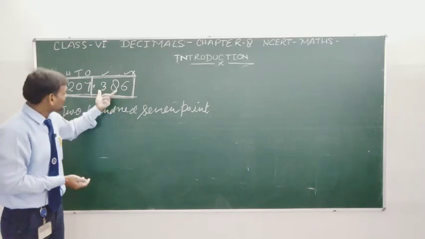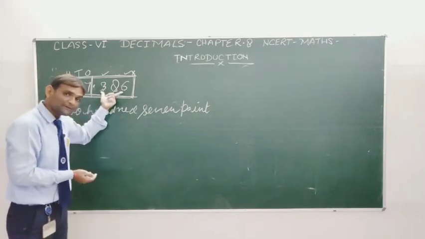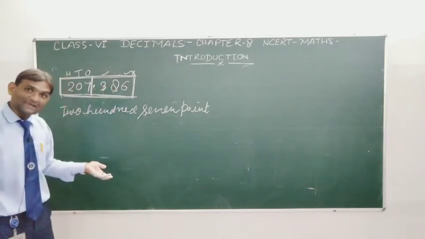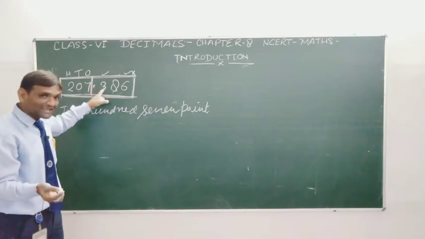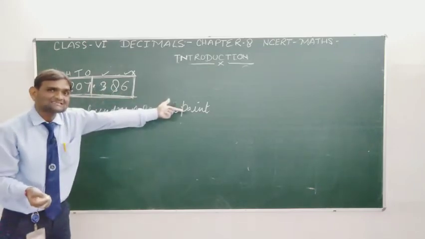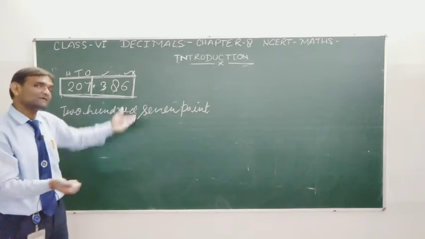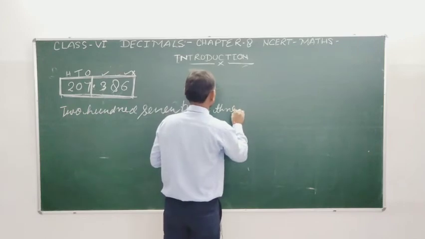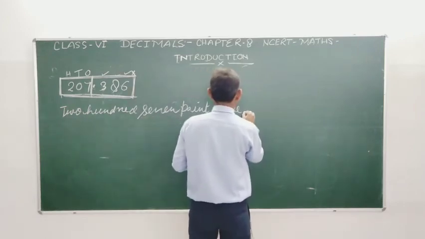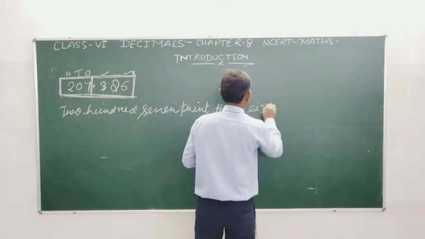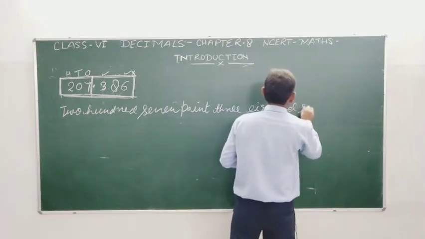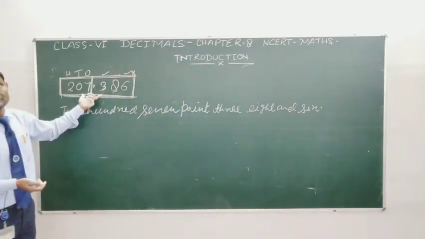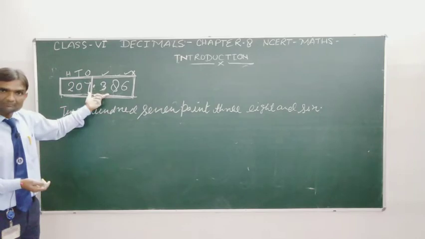No, because this is the fractional part, this is the decimal part. So student, you will read the decimal part one by one digit. I have told you. So you are saying 3, 8, 6, and you know the spelling of these digits very well. So write here 3, 8 and 6. That is the number name of this number, student.